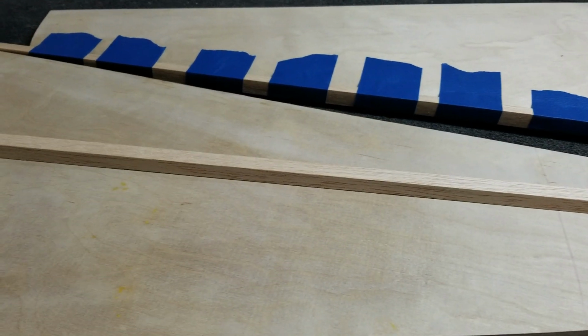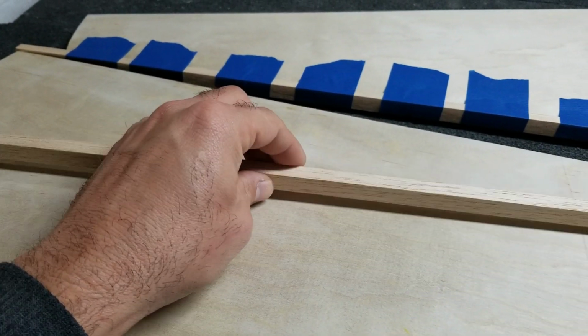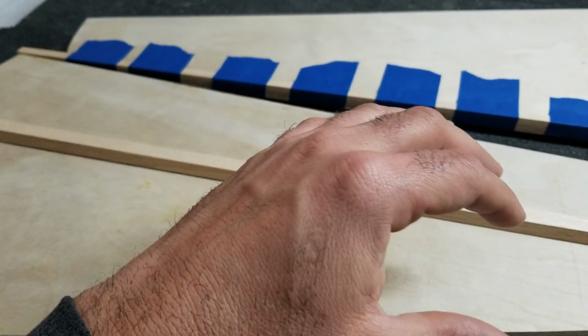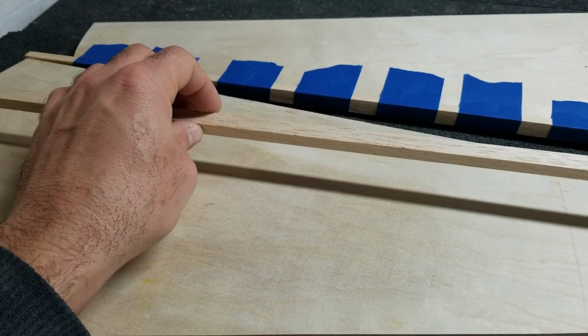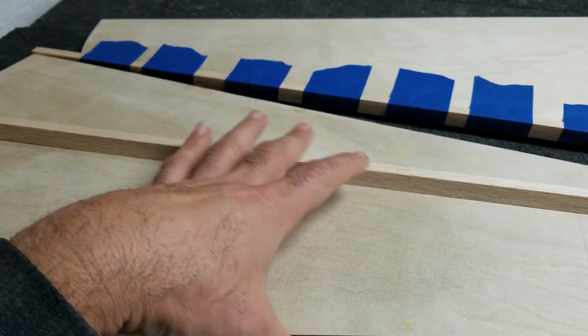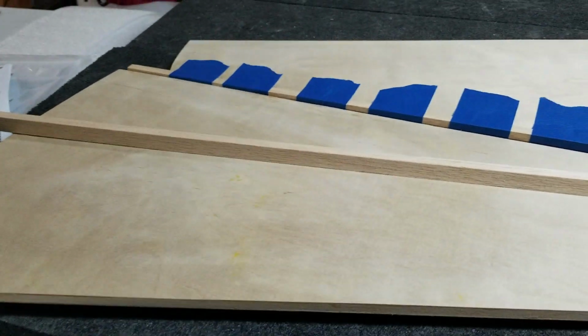I think I probably got plenty of footage, probably more than 10 minutes or so. So I'm just going to move on with this. I'll come back on the third part with maybe sanding the leading edges, doing the trailing edges, and joining the wing halves. So we're making really good progress on this